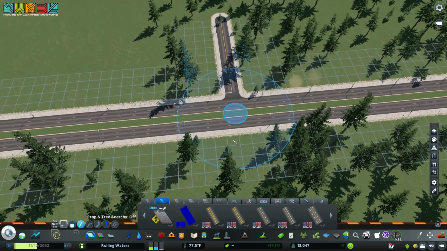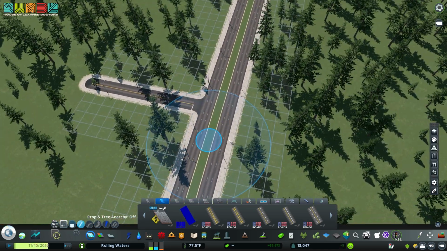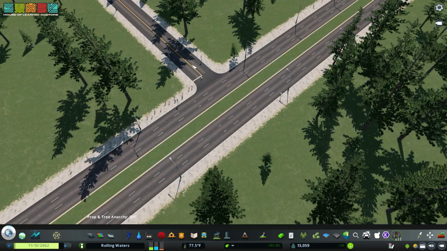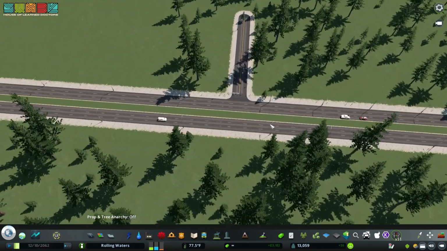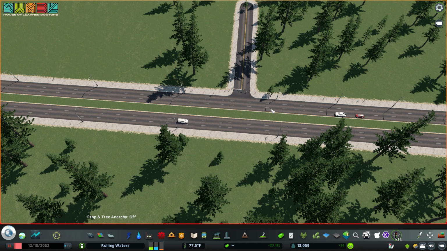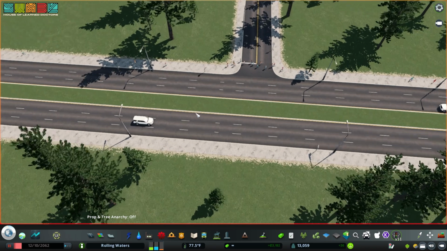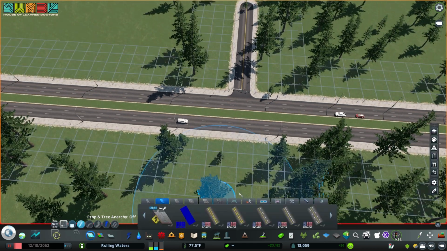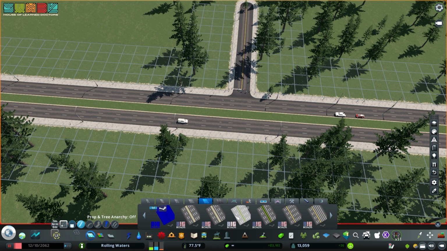And that's fine, but in its current state, it doesn't look like it will allow left-turning traffic to enter. It can allow right-turning traffic, no problem. Obviously, it'll accommodate that, but we want to add a turn lane here to let that left-turn traffic through in this instance. So let's go back to our